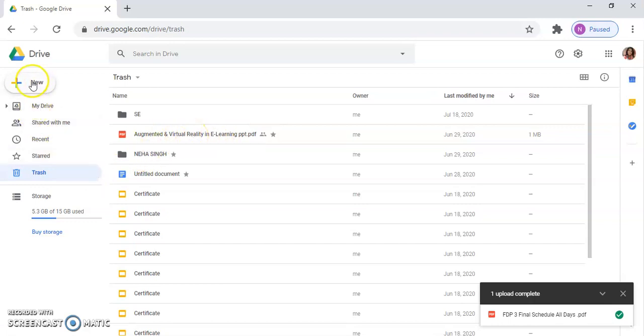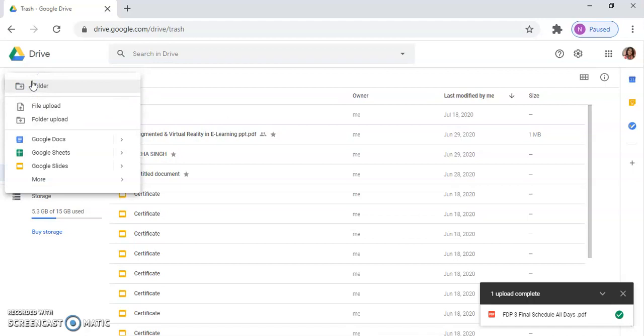Now let me show you how you can create a document in Drive. Drive is nothing but it allows the users to securely store and share files in the cloud. So you have seen how we can create a folder and upload a file. Now let's move to another section, which is how you can create a document. So I will show you how you can create a Google Doc. You will choose the option of Google Docs and then you will click on blank document.